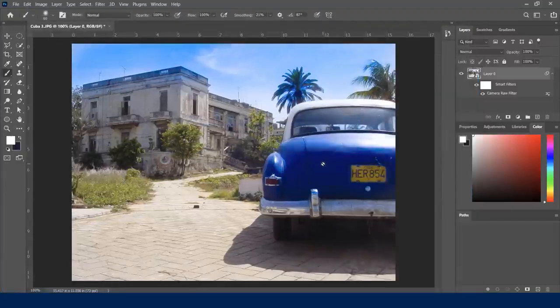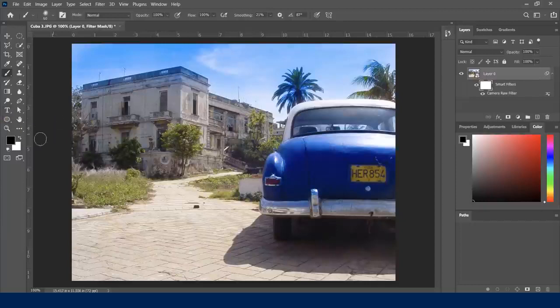So the other thing I want to say, this will be the last thing I'm going to tell you, is I can, of course, work again with my mask, all right? So this is here to say, hey, listen, remember what masks do. It's either going to be a blindfold or it's going to be a mask. Which one do I want it to be, right? So some things I really don't want it to have the thing or whatever it is. So I overdid it a little bit on this part here. So maybe I just want to let that shine through a bit. And I don't want to have to go back into Camera Raw. So what I can do is simply click on this, and you guessed it, it's either going to be black or white. So I'm going to poke a hole to make my blindfold into a mask by simply going over